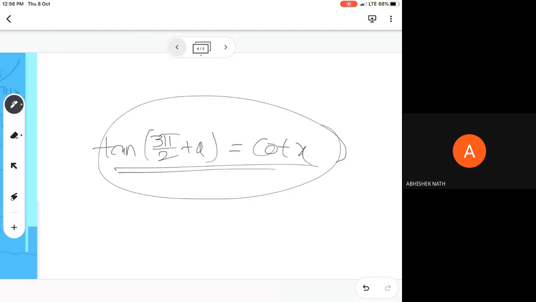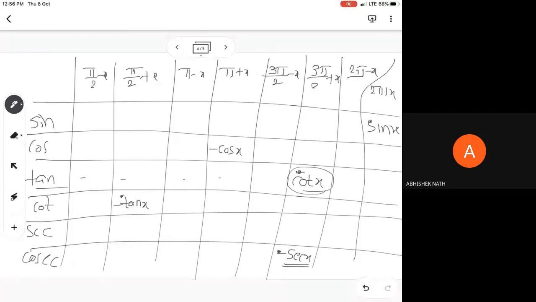To prove this you definitely need all of this, meaning the first columns: what is tan pi by 2 minus x, what is tan pi by 2 plus x. With the help of these two, you are going to get this. Some things will be useful to you, so one is interlinked with the other. But to remember this, this is the best procedure for you. Okay, and immediately try to complete it.